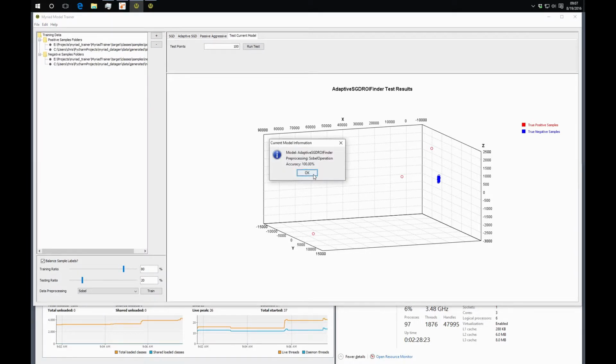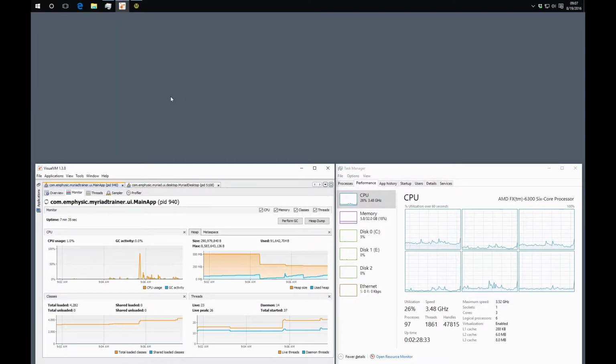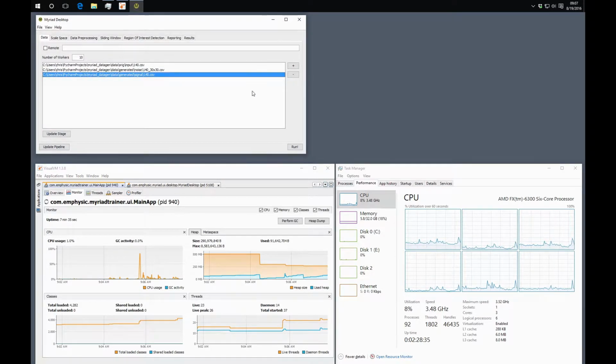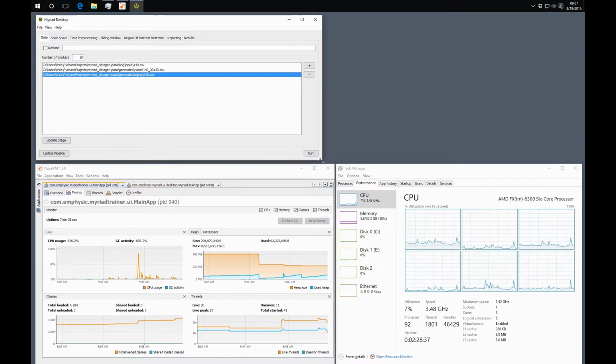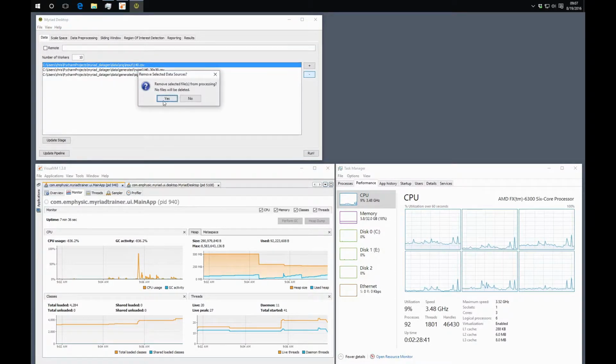Okay, so again, just summarizing the traits of the model. We used Sobel edge detection and an adaptive SGD, and we got pretty good results for that. So for that, we're ready to actually try and test it on some sample data. If we bring back the desktop tool,